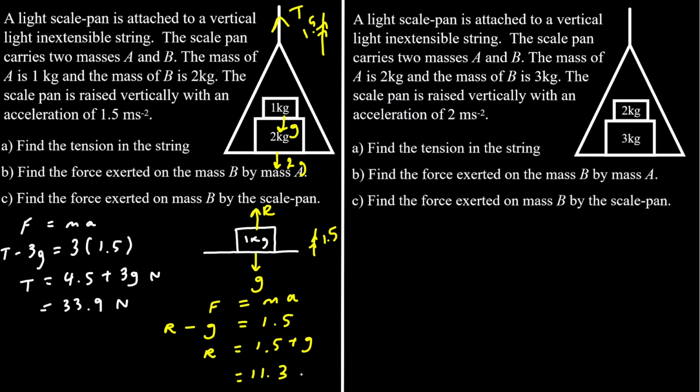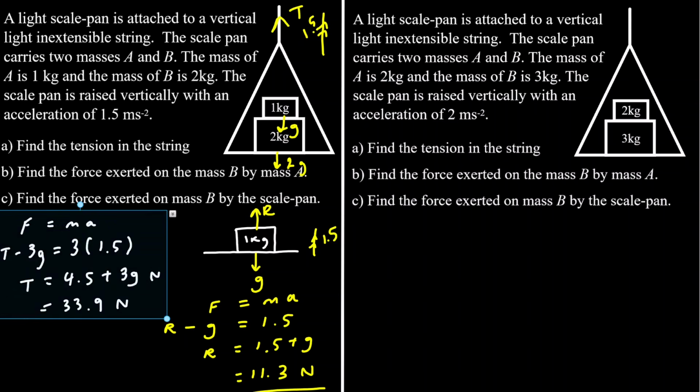So 11.3 newtons. And part C, find the force exerted on B by the scale pan. So the force exerted on B by the scale pan is the same as the force exerted on the scale pan by B. So if we just look at the scale pan,